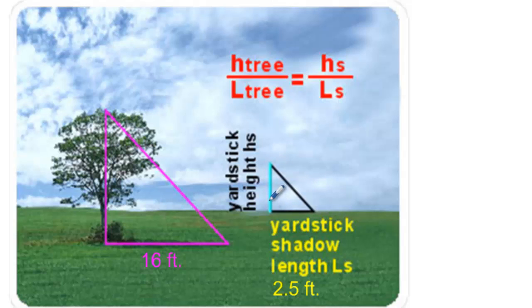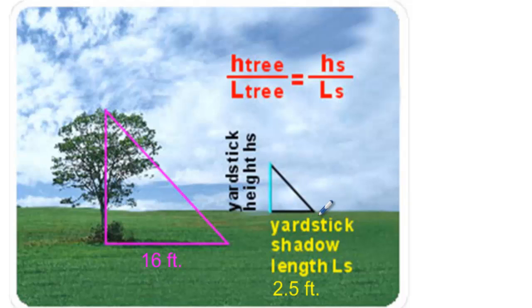You hold that up and you know its height, and then you measure the length of the shadow that that item casts, and then you measure the length of the shadow of the tree. Then, using similar figures and proportional thinking, you can figure out the height of the tree, because these two right triangles are similar to each other. So notice that it says it's a yardstick that you're holding up, and a yard is 3 feet high. So I know that the height of that figure over there is 3 feet, and the shadow that it's casting